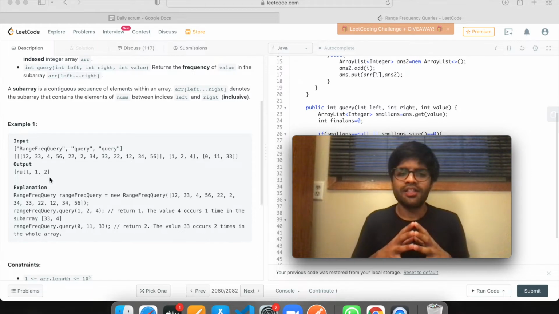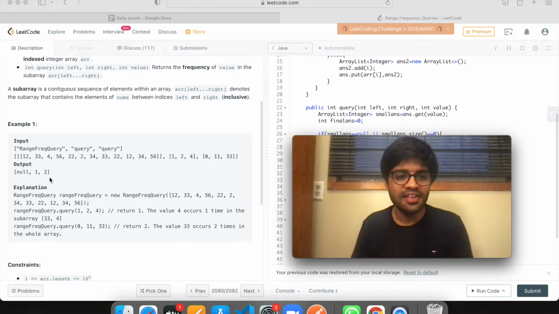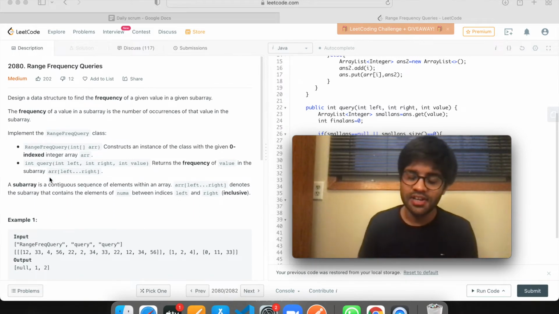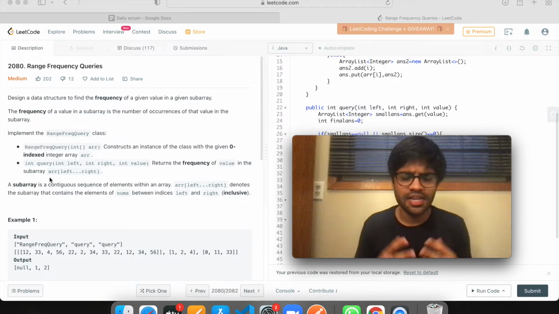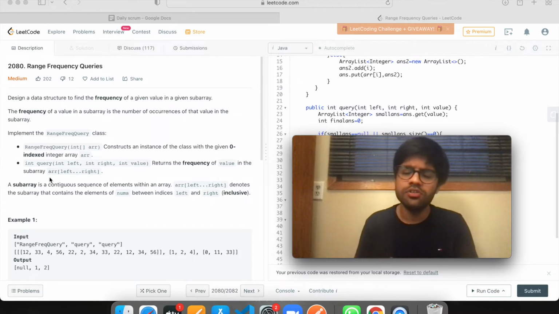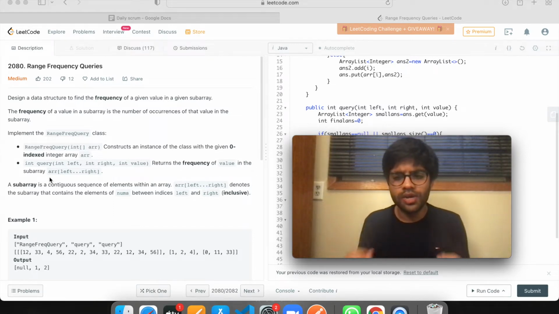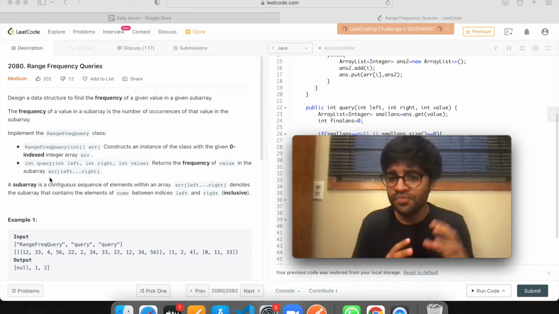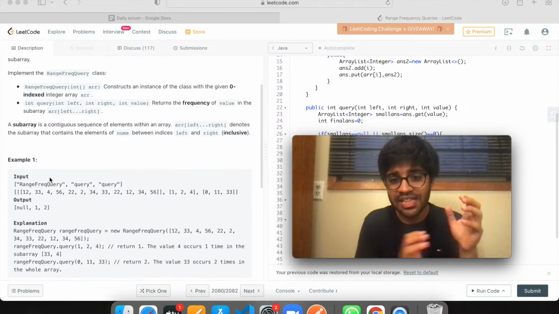This problem is tricky, definitely. When I think about queries, I think about segment trees. Segment trees are the first thing that comes to our mind, like how we can solve this problem through segment trees. So during the contest I actually tried to build a segment tree. I was trying to see how we can do it. I took my pen and paper and started working on segment trees, but we need the frequency in that range.